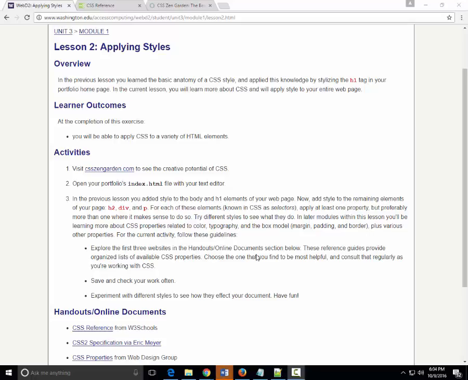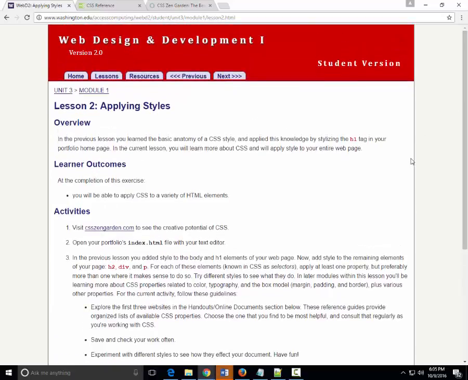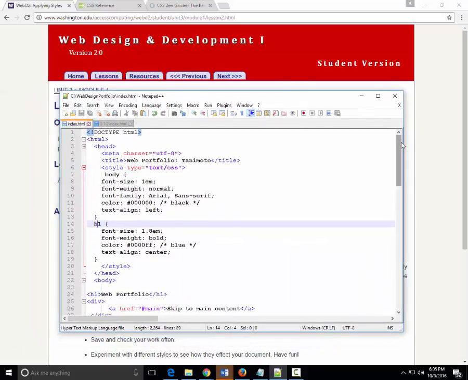312 about applying styles. In this particular lesson, we're going to learn about how to create even more styles in our internal style sheet than we have in the past. So before we start, you should have your web course open to lesson 312, and you should have your index.html open